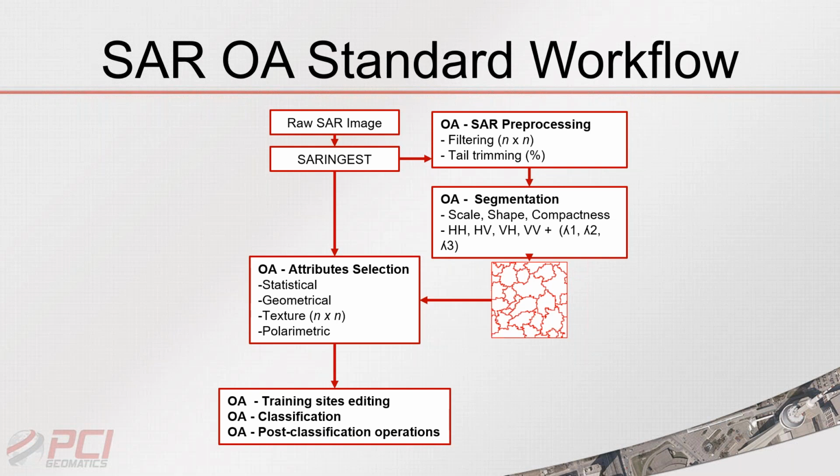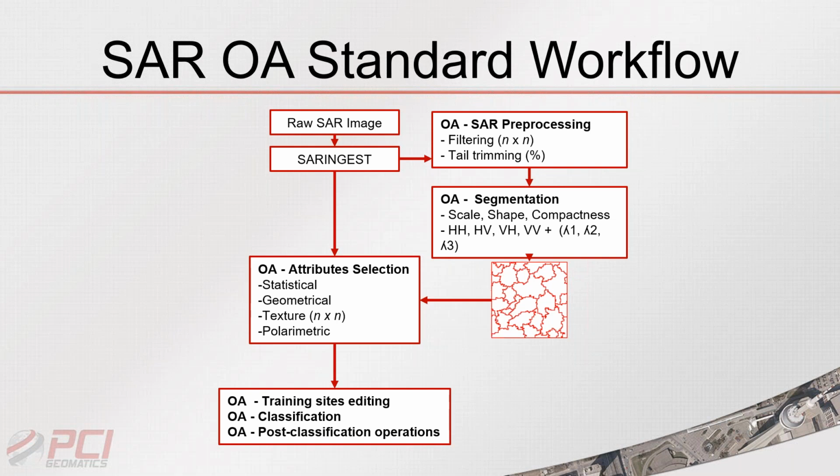So what you would typically need to do is ingest your data. You would need to filter the data. You would want to remove some of the noise by performing a tail trim, and then you could try to segment the data, run a segmentation algorithm. So we take care of that for the user directly in the software. You can point directly to a raw data product on file or a data set that's been ingested into our software package. And then once you've done that, you can apply filtering, tail trimming, and then depending on the